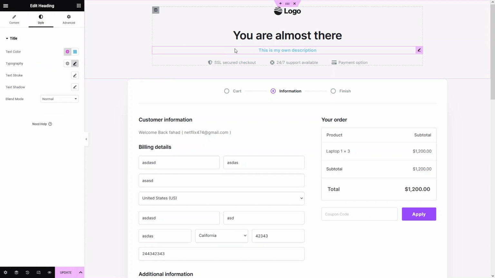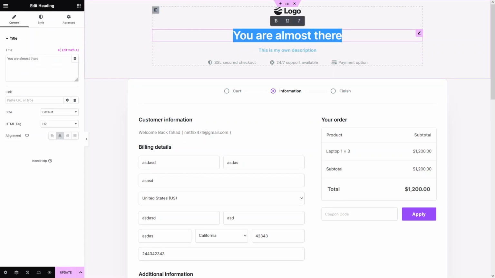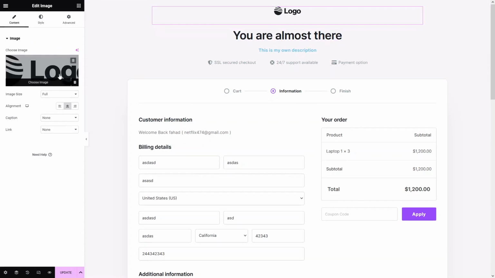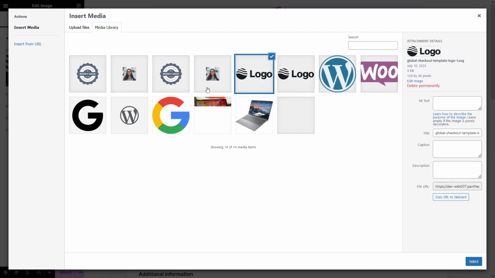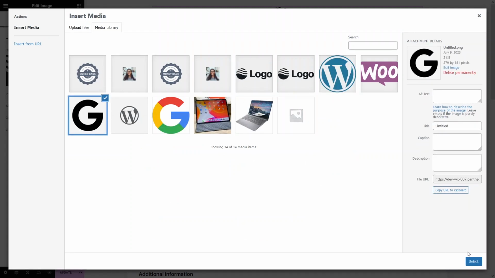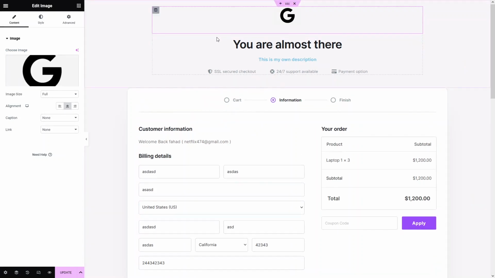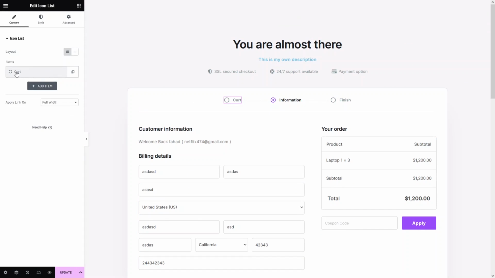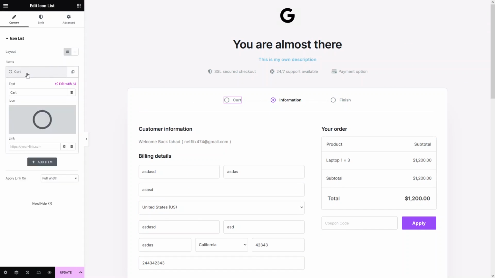In a similar way, I can change the heading, and I can change the logo if I want to. So let's change the logo here, and we have the logo of Google. Let's select this, and this is how you can change the logo. And you can change this as well. Let's say it is a card, I can even change the name here, I can change the icon here, and I can change the link here. In a similar way, for the information and the finish,